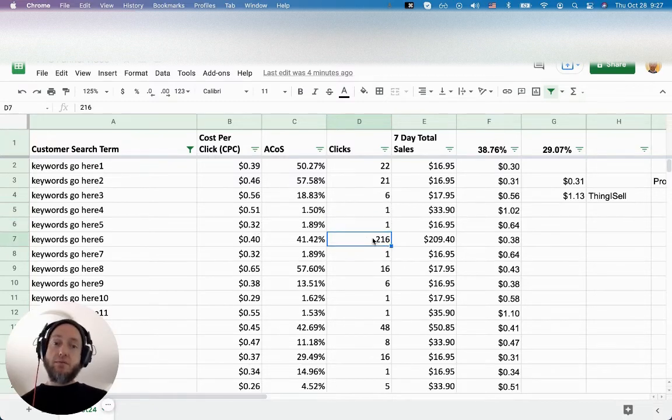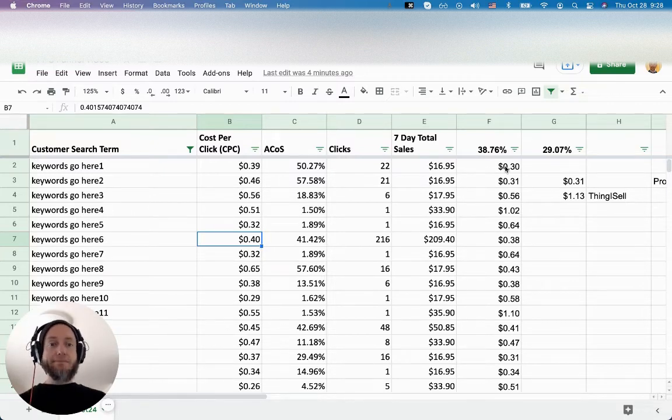This one's some pretty good data, right? We've had 216 clicks. We've had multiple sales. So we know this 40% is a little bit higher than our break even. I just copied the break even ACoS here, pasted it there. I'll show you why later. So that's actually pretty good data. We know what we're working with there. Anyway,